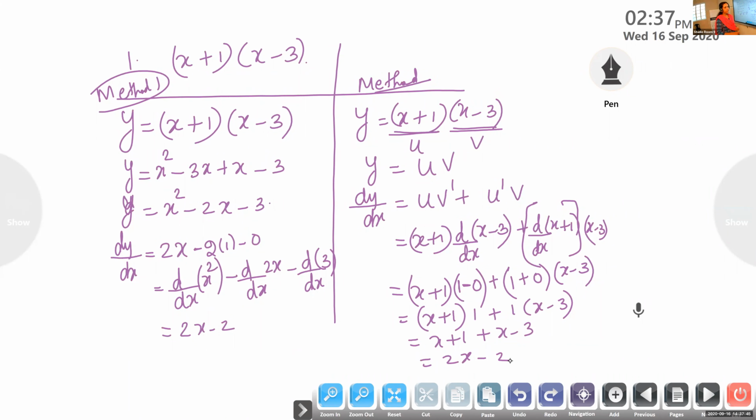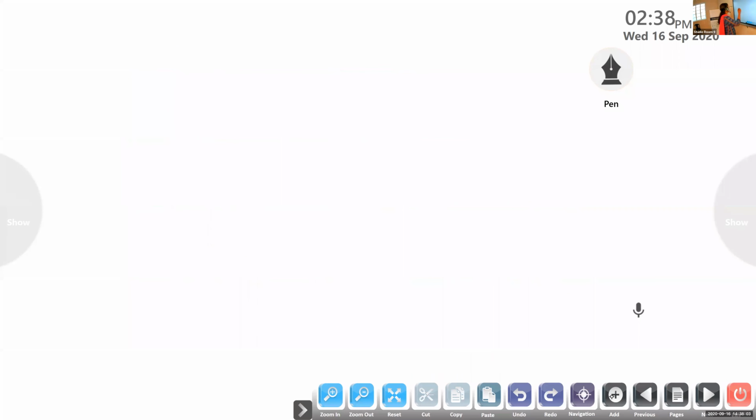So now the next one: find the derivative of x square into sin x. First step, you name this as y. y is equal to x square into sin x. So here, which are the two functions? Which are all the two functions you have here? What is the first function? Which one is the second function?